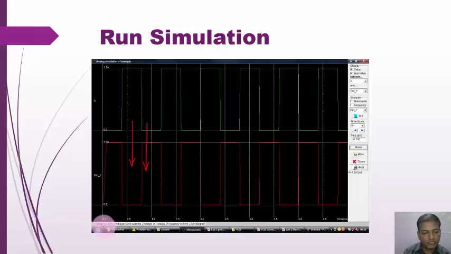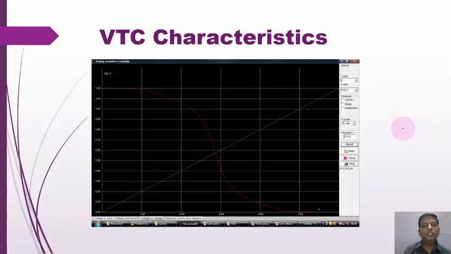Now here more options are there: voltage versus time, voltage versus voltage and currents, frequency versus time, and eye diagram. So all the parameters you may look out in simulation. Here you may have step signals in picoseconds, you may have to adjust. Again, if you have to look out the waveform, click on more, reset. Here if you have given the signal name, you can look out whatever signals. So these are the options for run simulation.